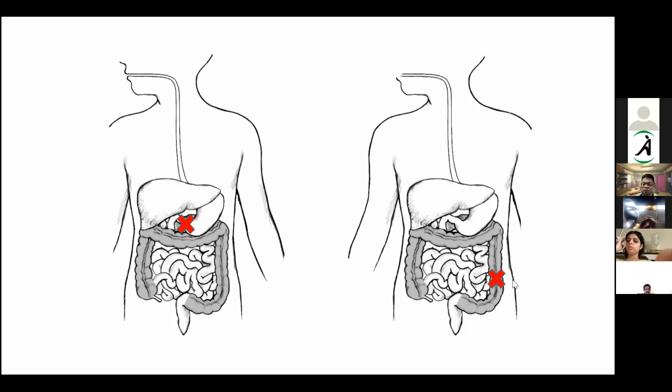In comparison, just take a look here. This is the large bowel. It is somewhere in the descending colon. If there is an obstruction here, which is the easiest way for the body to try? To push it downwards, or push it backwards all the way through the small bowel into the stomach and into the mouth? Which will be easier?